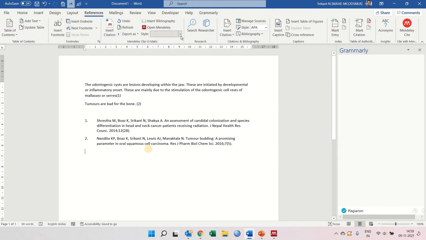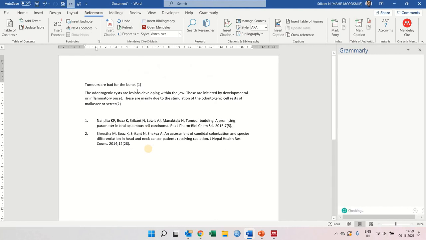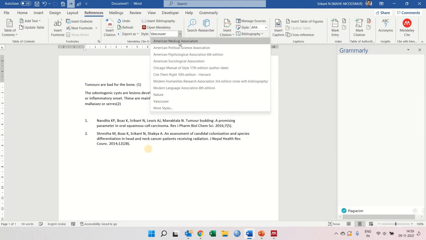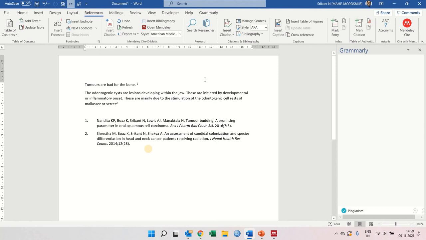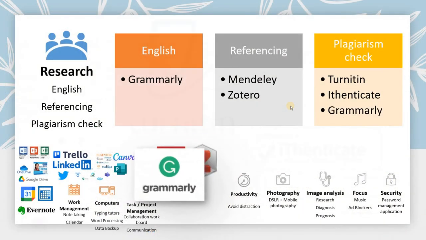Now, in case you want to change the way in which the documentation is written, you can alter the paragraphs, reposition the paragraphs wherever you want, and then all you have to do is click on the refresh button. As in this case, the second paragraph is made first, and then when you click on the refresh button, you can see that the whole data gets refreshed automatically. You can choose from a multitude of reference styles, and it gives you referencing in any particular journal style that you want.